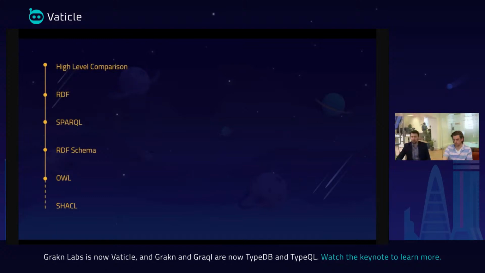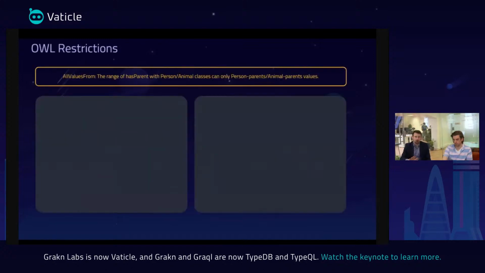Now let's look at OWL. Now, we're not going to go through all the main axioms and all the theory behind it, but we will be looking at a couple of the main axioms that are used. So looking at OWL restrictions, if we look at all values from, where if we want to say that the range of has parents with person animal classes can only have person parents and animal parents values, we want to